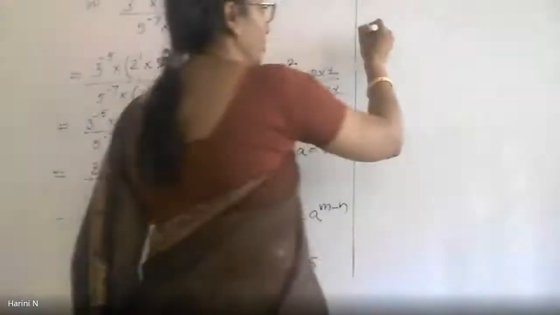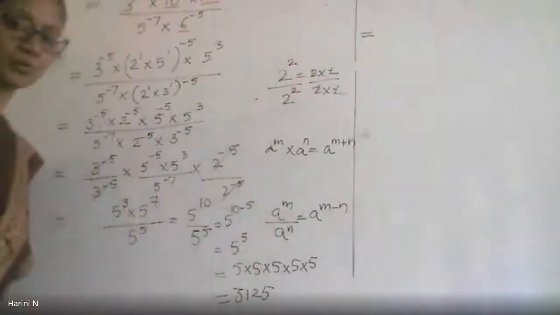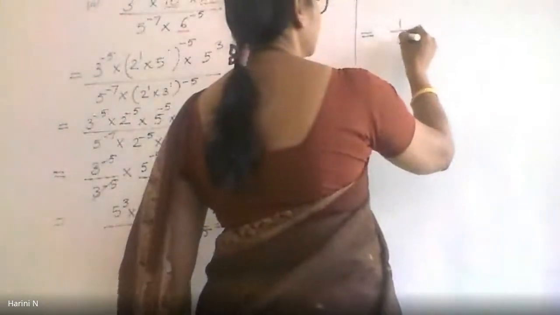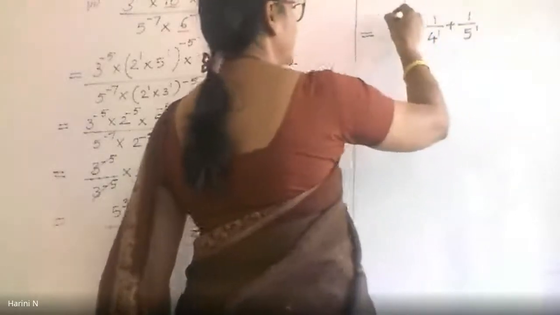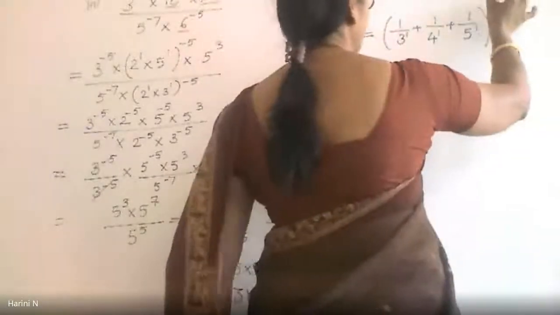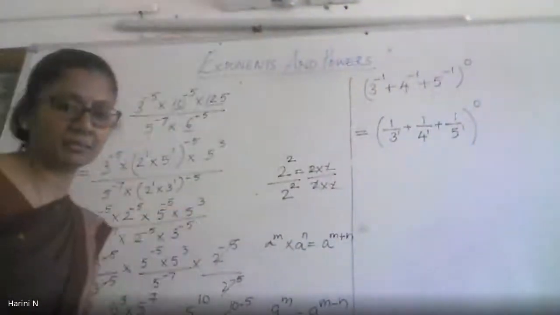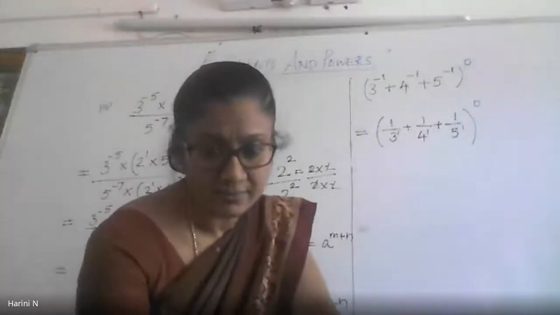So how will I deal with this problem? I know there are negative powers, so I have to convert them into positive powers by bringing them to the denominator. So this will become like this. Ma'am, here the answer will become 1 only. Yes. I know some of you have realized already, there is something that we can do directly. Ma'am, a to the power of 0 is equal to 1. Very good.